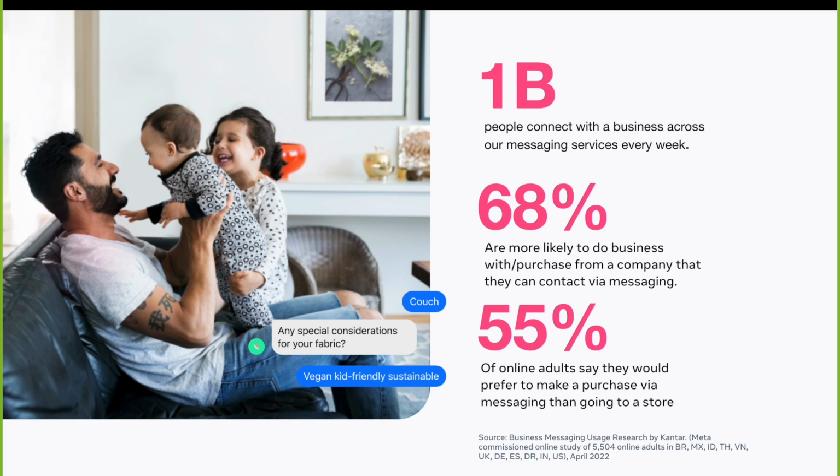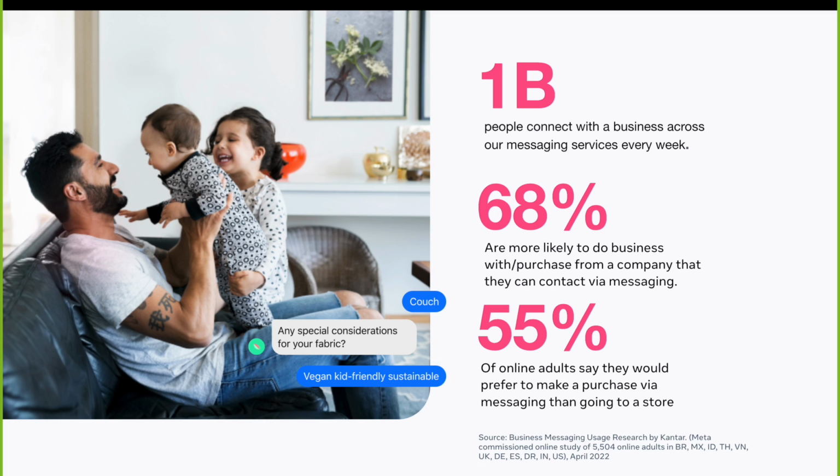We expect messaging interactions to grow exponentially. In fact, 1 billion people connect with a business across our different messaging services, such as Messenger, Instagram DMs, or WhatsApp globally. In this world where there is so much competition and information is king, 68% of people surveyed shared that they prefer working with a business that they can chat with.